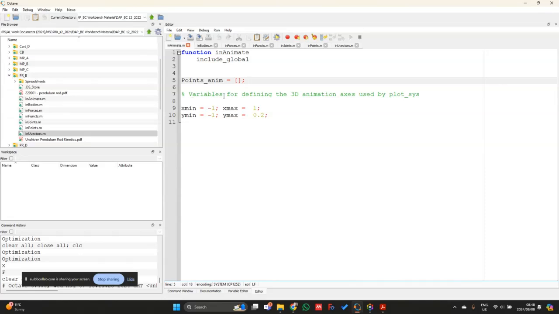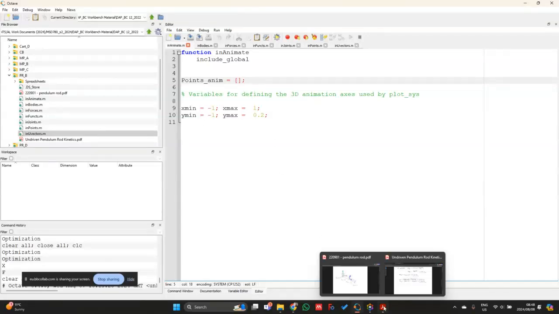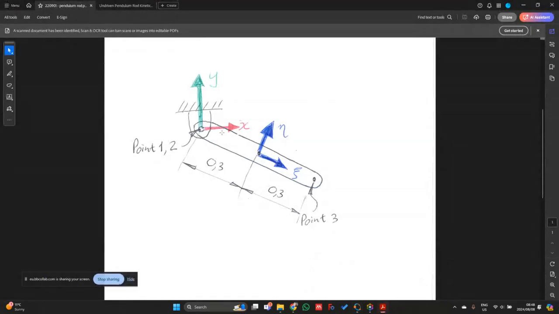However, it is important over here that we specify the variables for the 3D animation axes. So in other words, the limits of our axes. In this case, we chose x min as -1, x max as 1, y min as -1, and then y max as 0.2. So if we go back to our original diagram that we have over here,